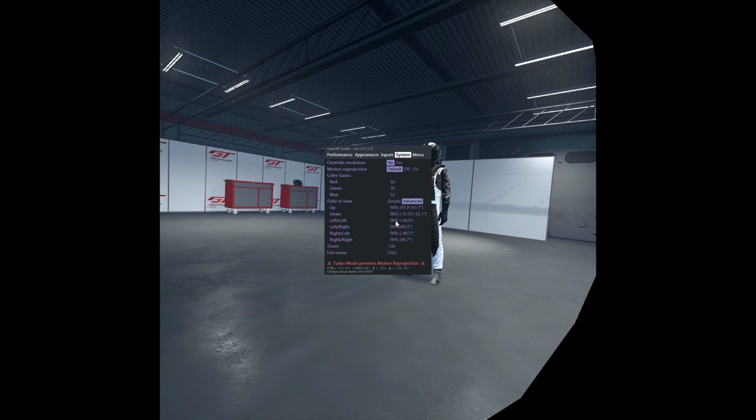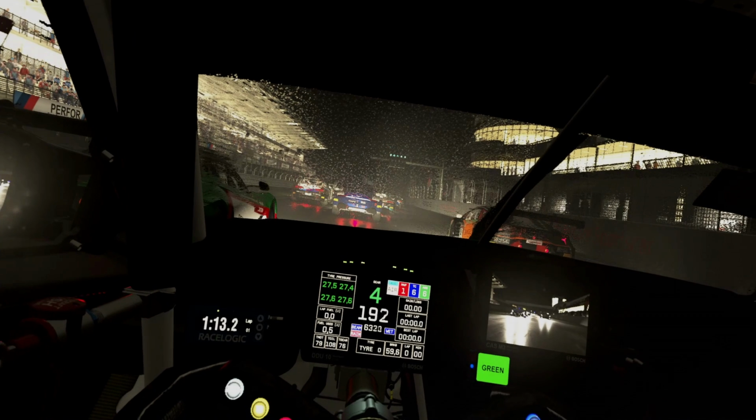For me personally, I cannot perceive the cropping of these 10% on either side of the picture, and it will give us some performance gain here. So those are the settings within the OpenXR toolkit, and next section we will move on to the in-game settings of ACC.